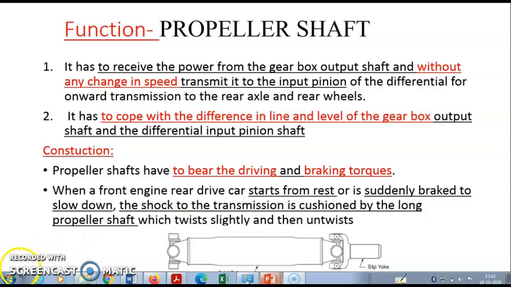I think what I have covered in this small video is why there is a need for the propeller shaft, what is the history of the propeller shaft, what is the function of the propeller shaft, and how the